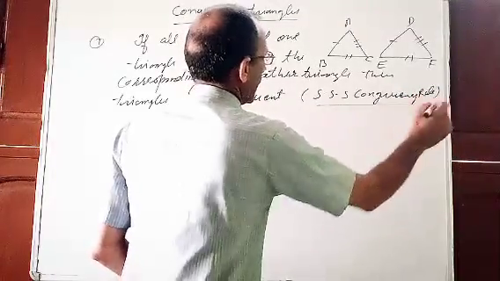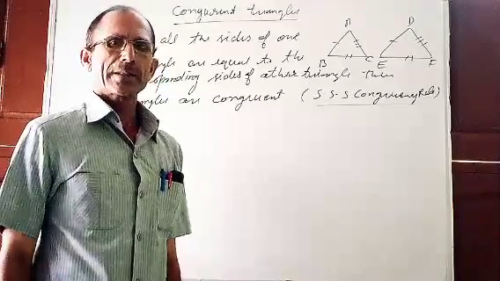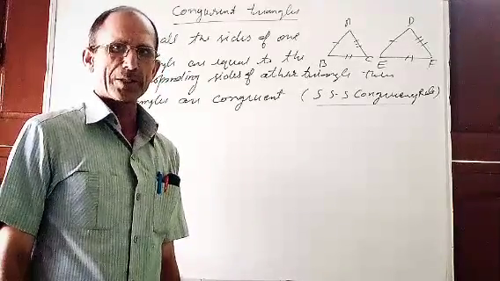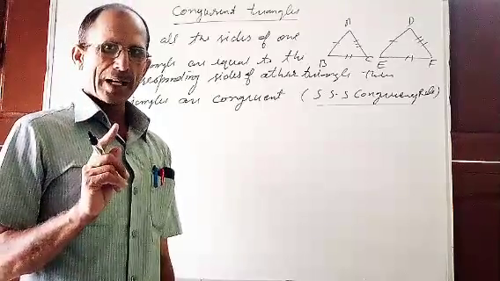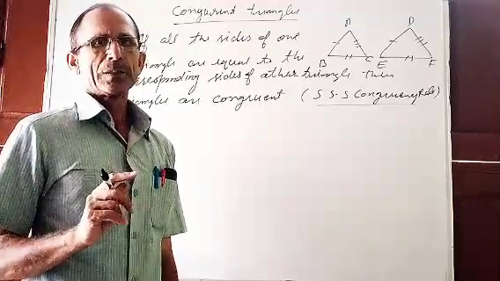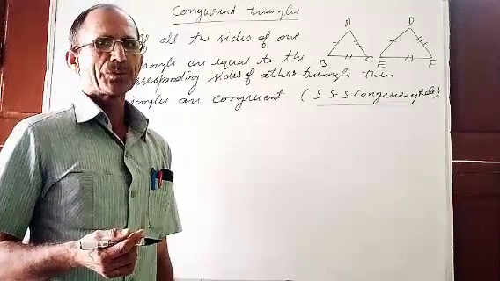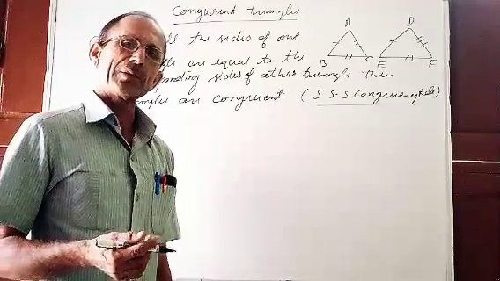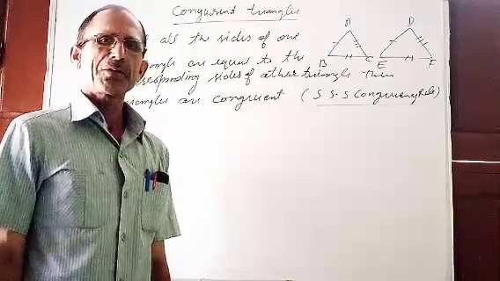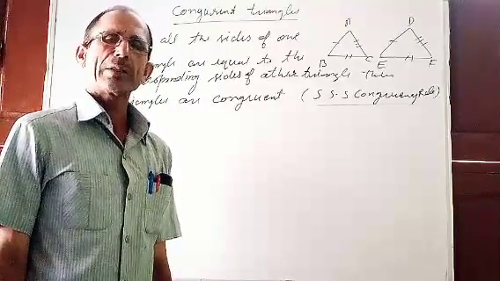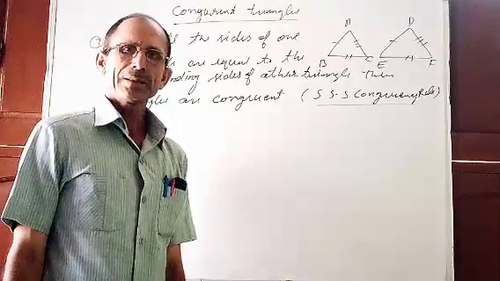This is very important. Every student must learn these rules. When you solve the exercises, you need to apply these rules. So the first rule is the side, side, side congruency rule. In senior class, in class 10, we will give the proof. In this class, you have to learn only that if two triangles have equal sides, we can call them congruent triangles. Is it clear? Yes.